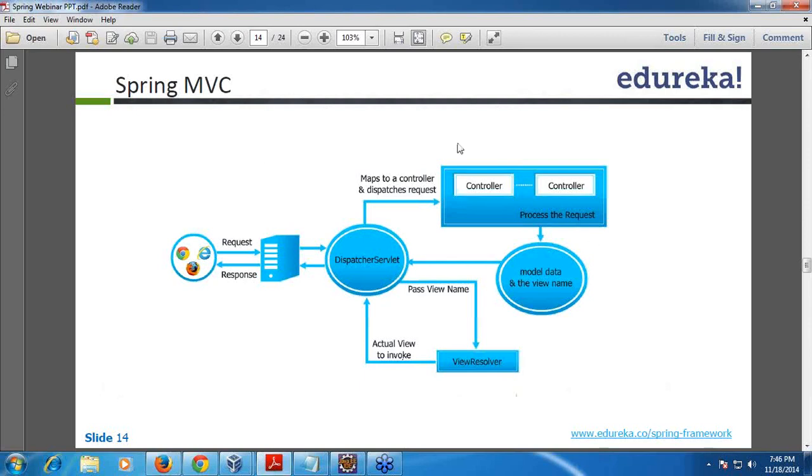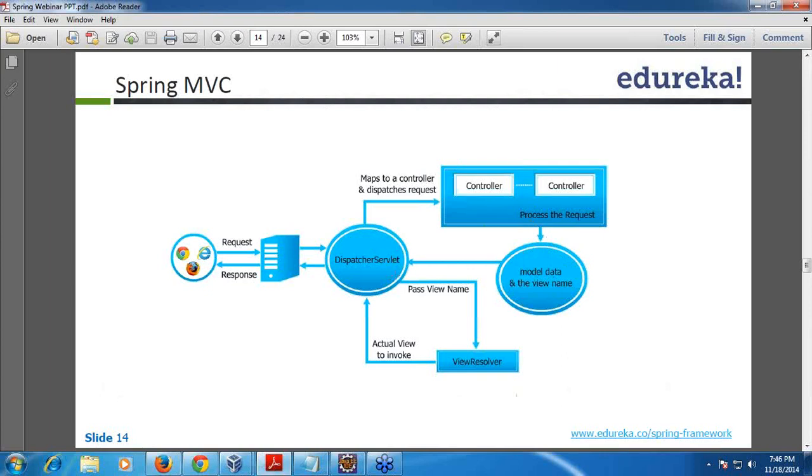I hope all of you understood this. We need to write a dispatcher servlet, and then we need controllers. Controllers map each request, talk to backend models and business logic, create the business data, and send it back to the UI.